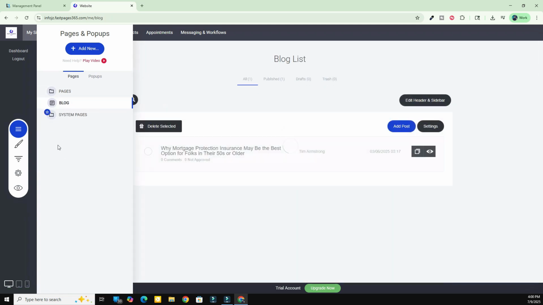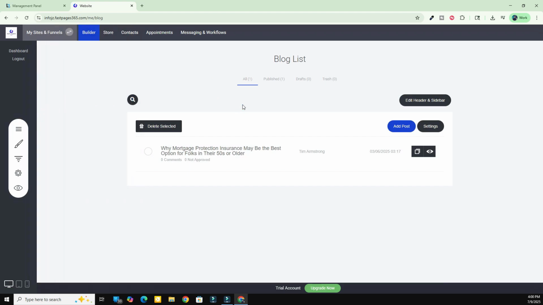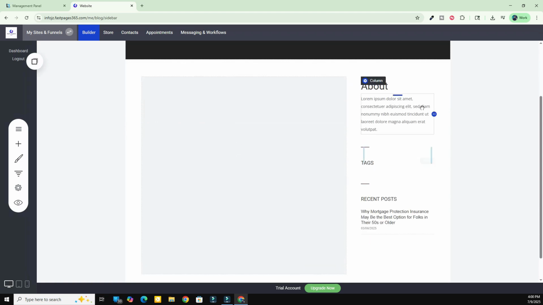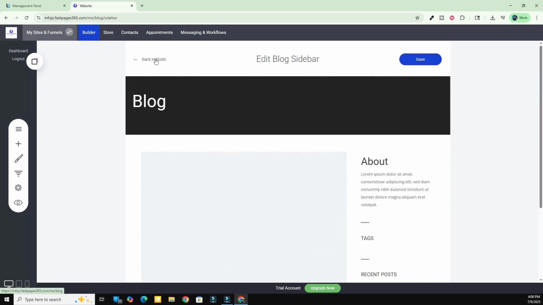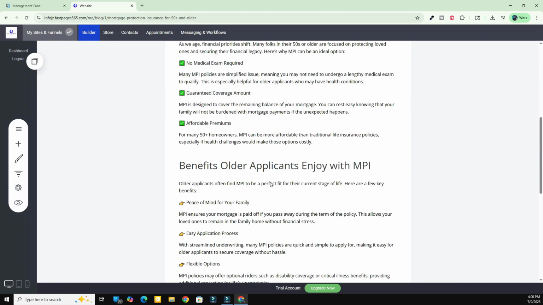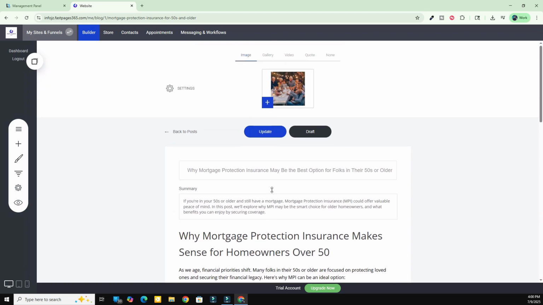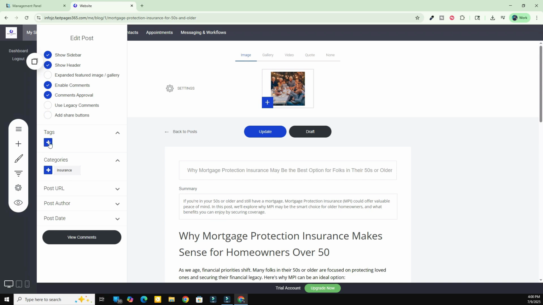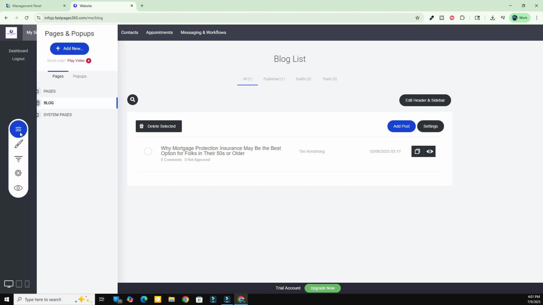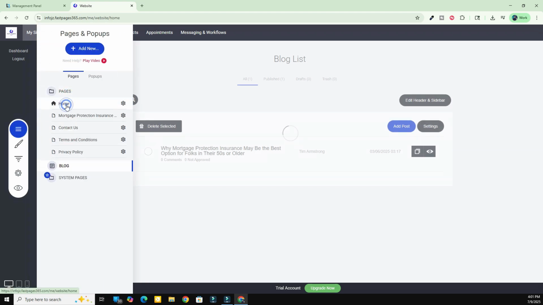Then we've also got a blog section over here. And you can see when I click into the blog section, there's an edit a header area where you can edit this. You're going to want to change your about. We're going to go back to the posts. And then I've set up a basic placeholder type of blog article that's just in here to give you an idea of what it looks like. You can click into the settings. There's settings over here too for tags, categories, URL, when you want it to post, all that stuff. So let's go back to the posts and go back to the pages,